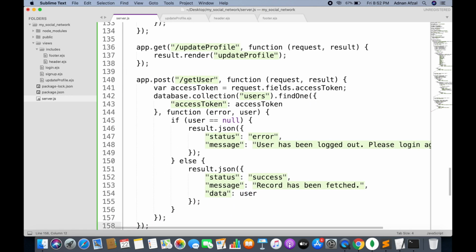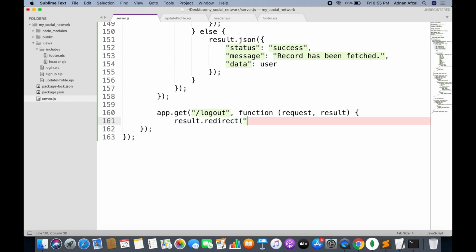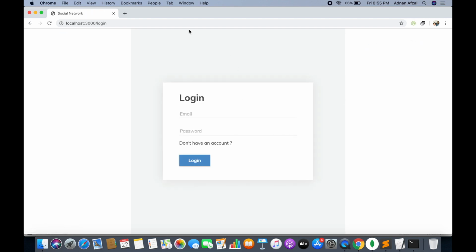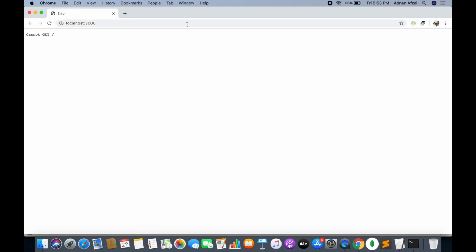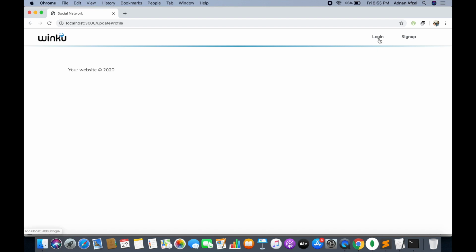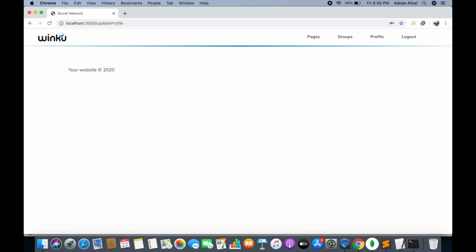And we are also creating a get route for logout, which will simply redirect the user to the login page where he can log in again. So you see I was logged in, so I can see these links, and when I logged out, then if I access that page, I will be displayed only the login and sign up links. So I'm going to log in again,